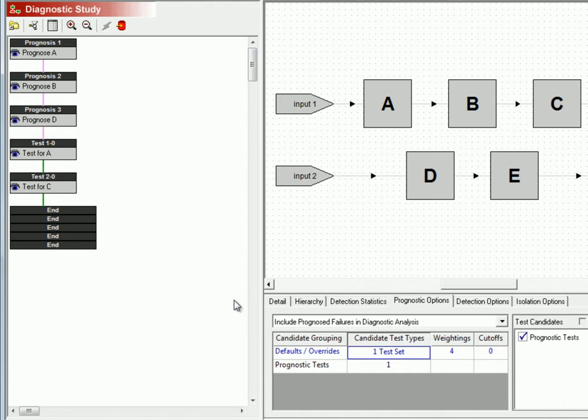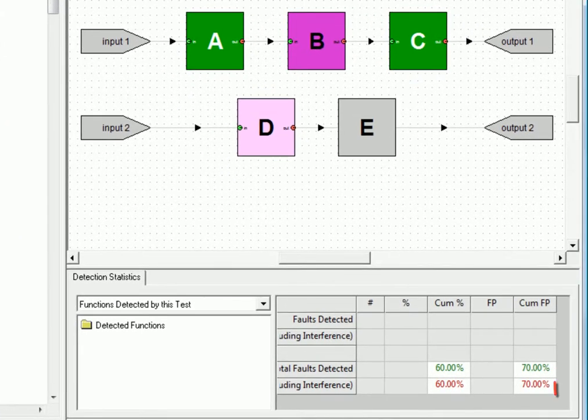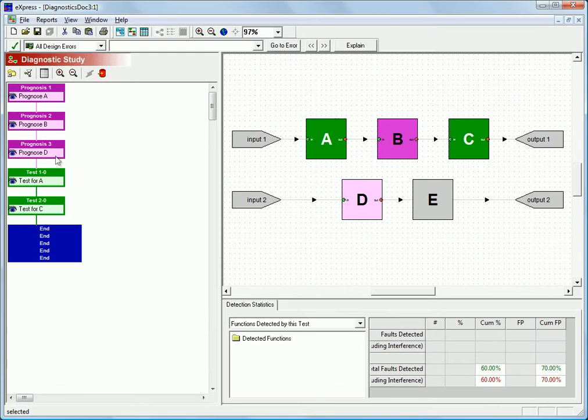And as you can see, the prognoses were inserted prior to the fault detection tests in our flow diagram. And if we click on the last node in the diagram, we can see that we're now detecting 70% of our expected failures, even though only 60% of our functions are diagnosed in full. And if we run the detection order report,